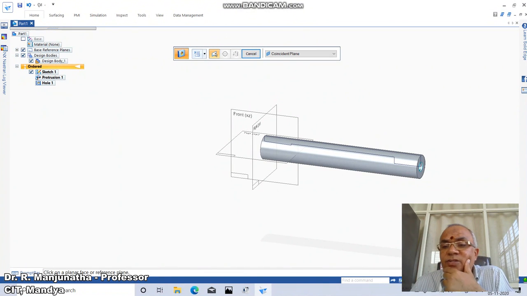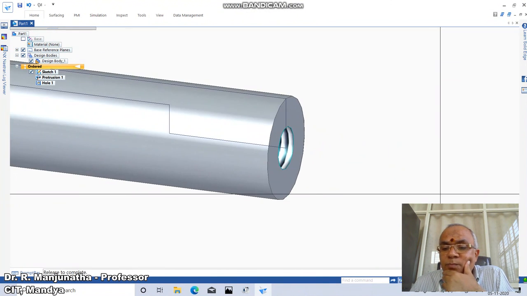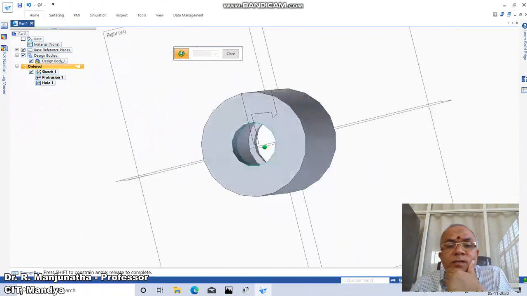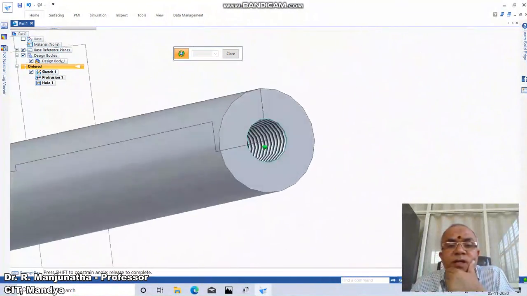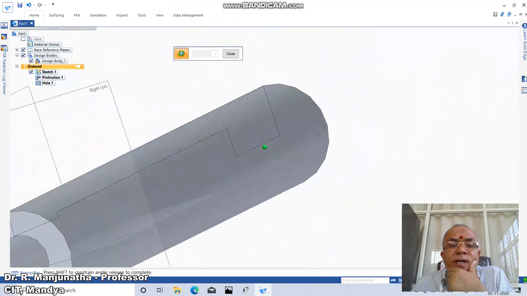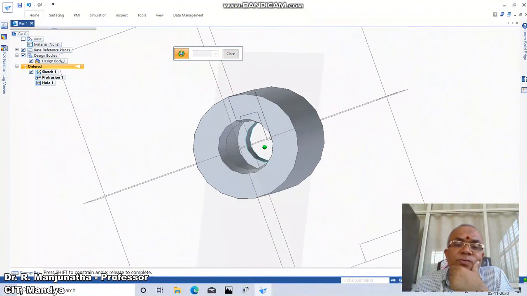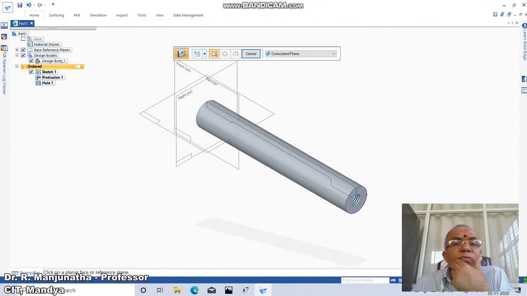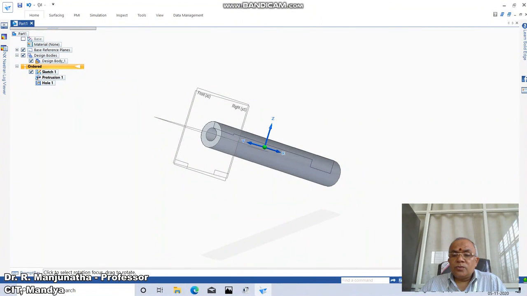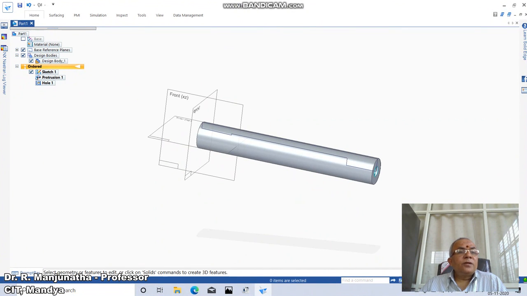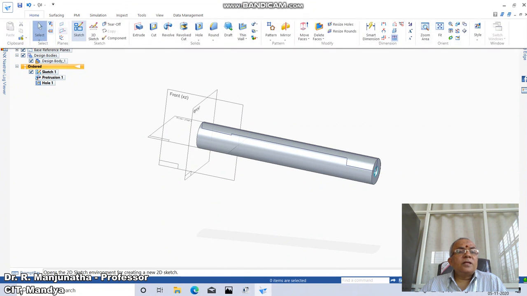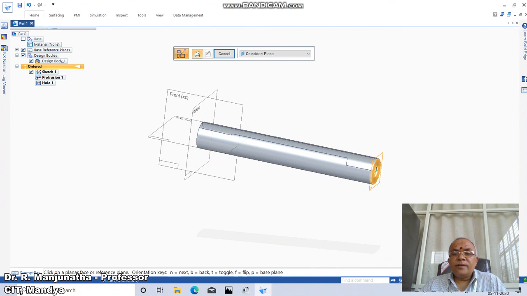You just say finish. Now we can see here, zoom window. So the thread portion which has been constructed here, and there should be an internal diameter. There you have a taper thread, taper one, and then the hole has been increased. So this is how it is going to look like. Then once you get this, now we need to create the groove. I will just rotate this, go to home, click on sketch, click on this plane.